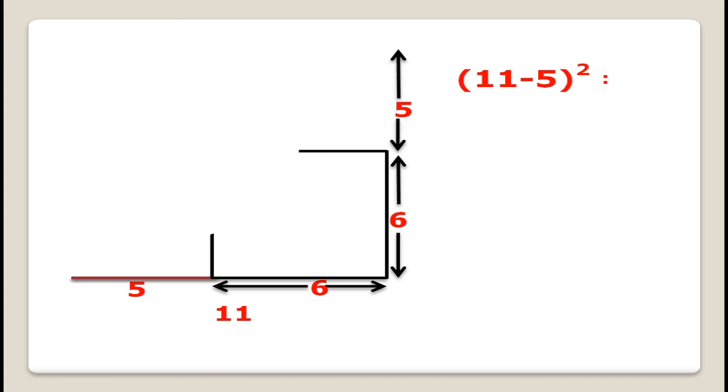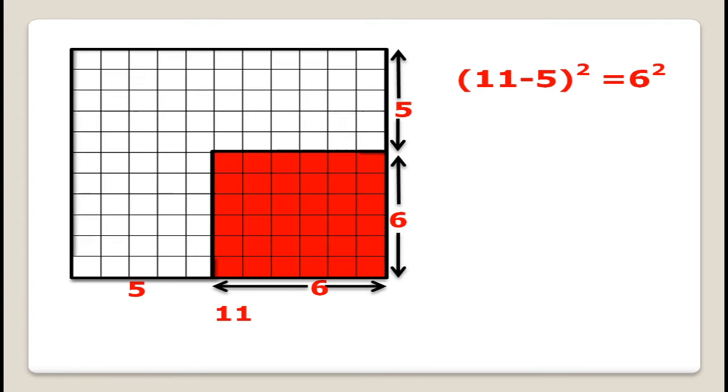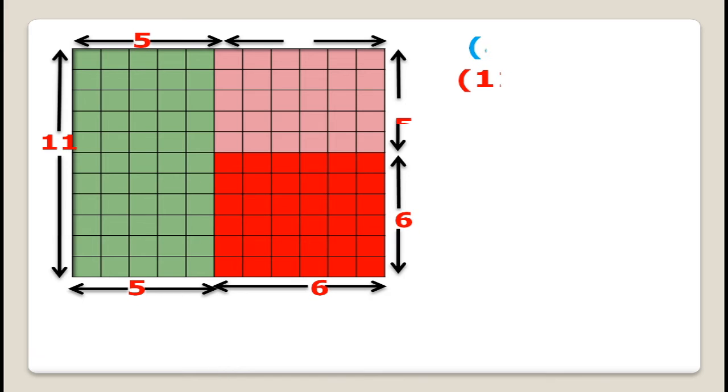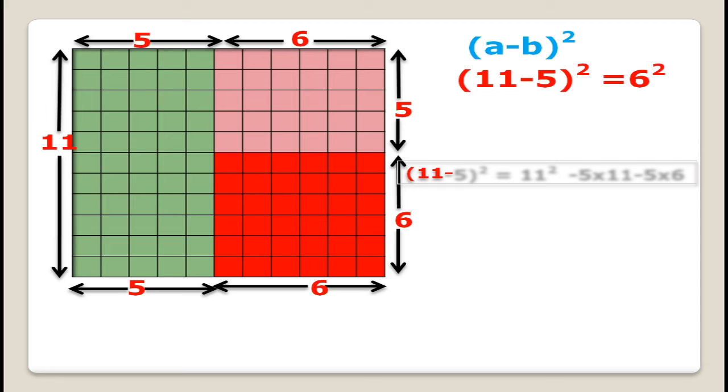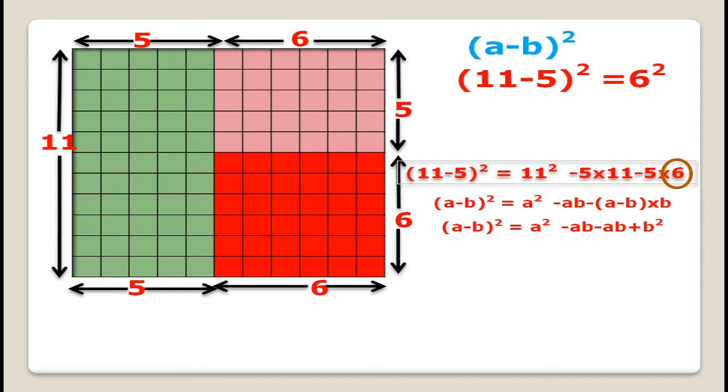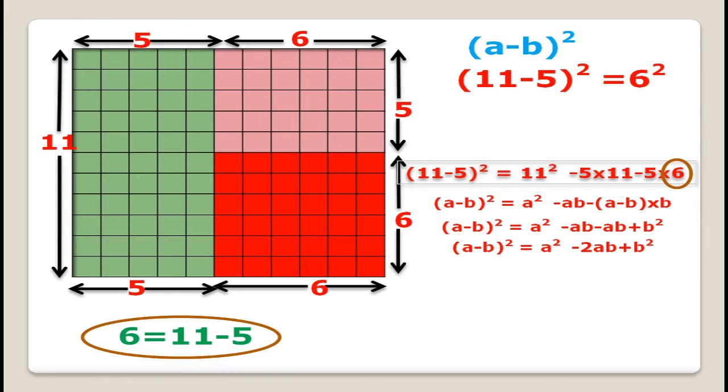Here is the second example. Extracting 5 from 11, we get 6 square, that is, the area would be 36. How do we get 36? By extracting the right side area from the original square, that was 11 square. Again we divide it into two rectangles. First is of measure 11 by 5, second is of 6 by 5. Now replace these numerical numbers. A is 11, B is 5, and the third variable 6 in terms of A and B, and we get our identity: square of A minus 2AB plus square of B.